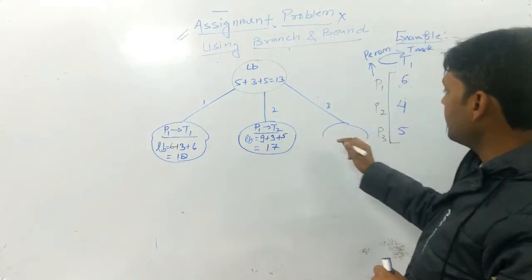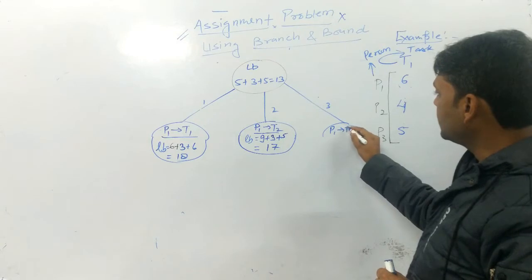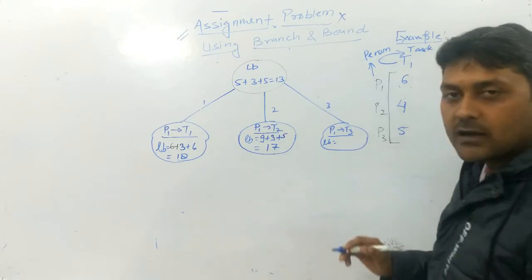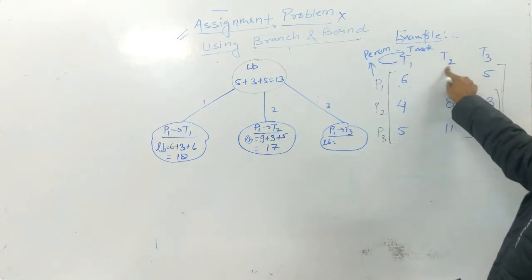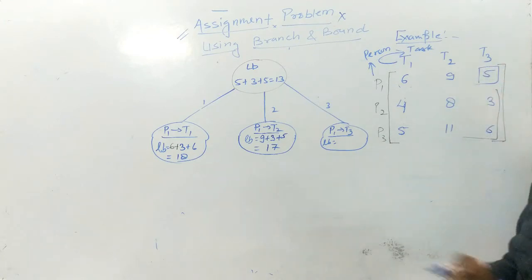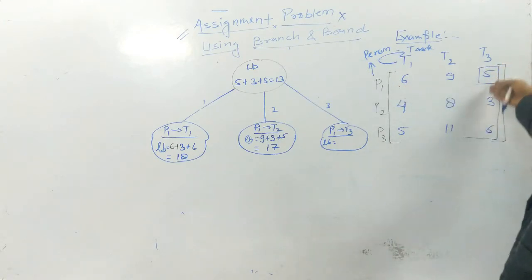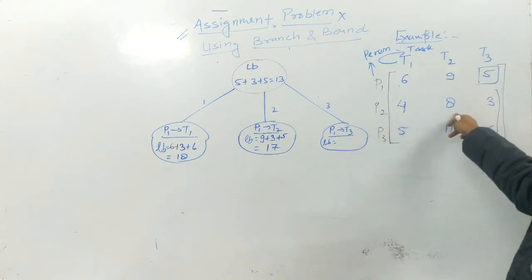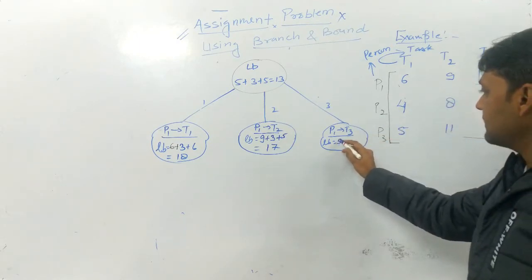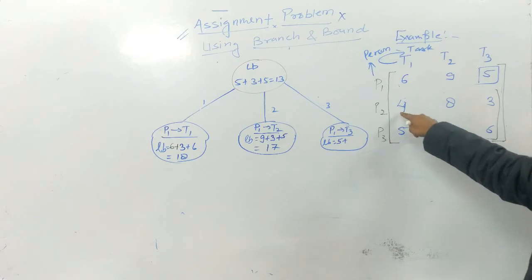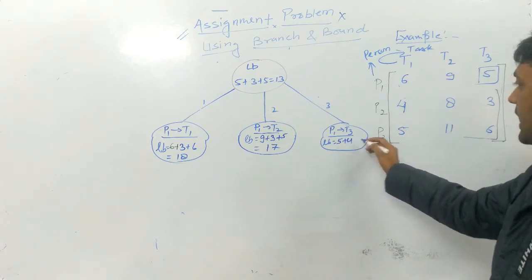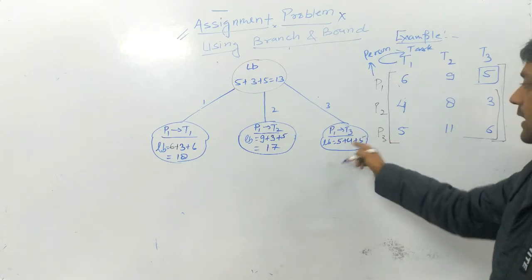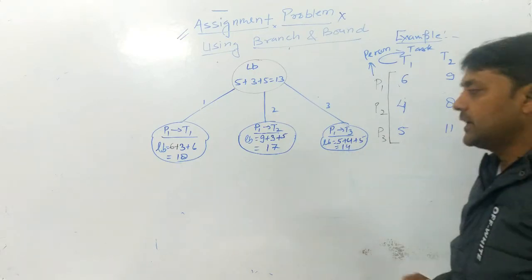And next one is if P1 performs the T3 task. Then what is the lower bound value? You have to calculate here. This is free, and then we have to fix this value. That means the first row and third column are fixed. That means P2 performs 4 or 8. Then this is 5, this is a fixed value. Which one of the three? This is 4 and 8. Minimum is 4. And in this, 5 and 11, the minimum is 5. Then what is the lower bound? This is equal to 14.